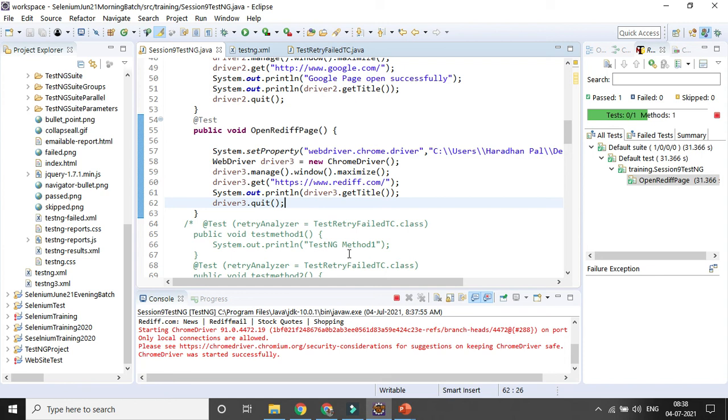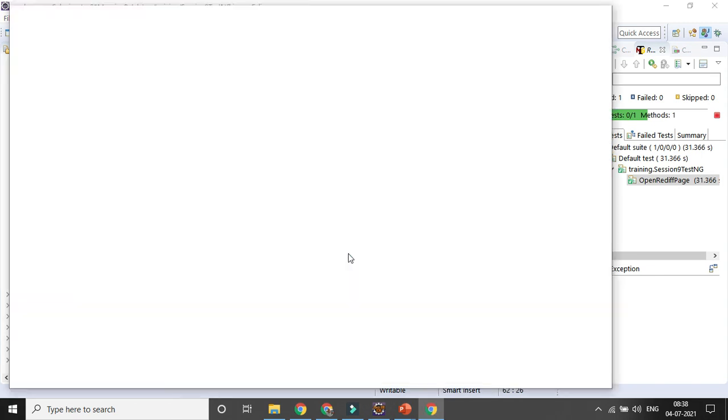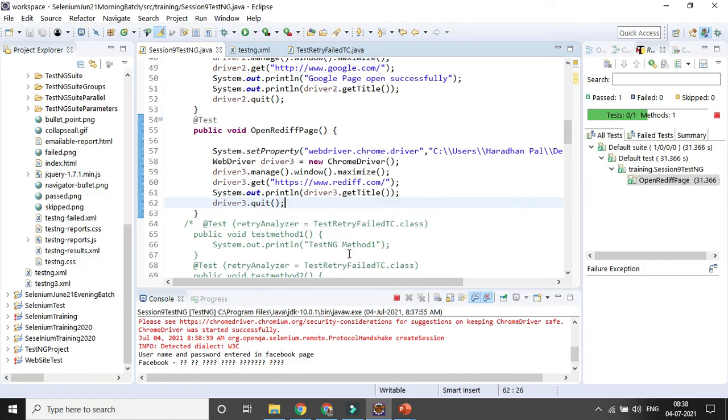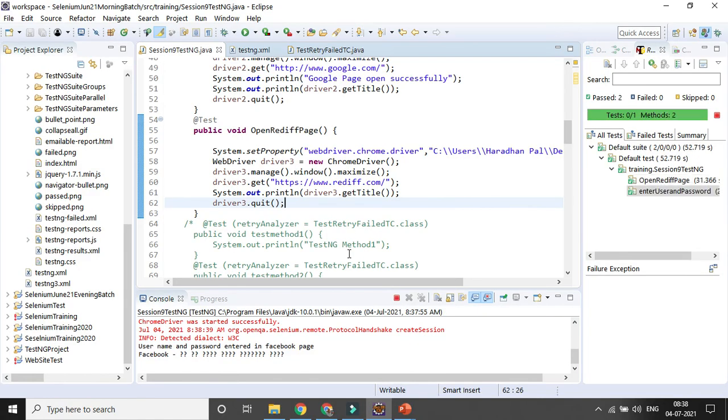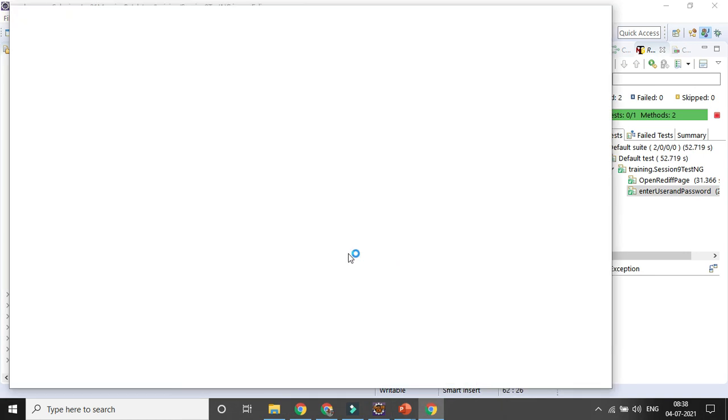So definitely it can be an easier way, and less time will be required. I can add those parallel execution attributes in my testng XML file, so that I can execute those test cases in reduced time. You can see the test cases are running one by one only, based on alphabetical order, because whatever methods we have written, it runs the test cases in that order.